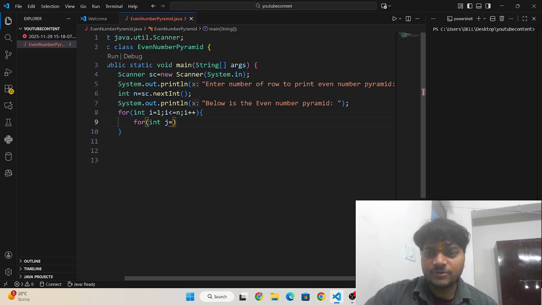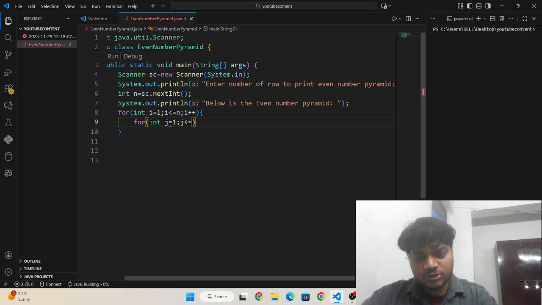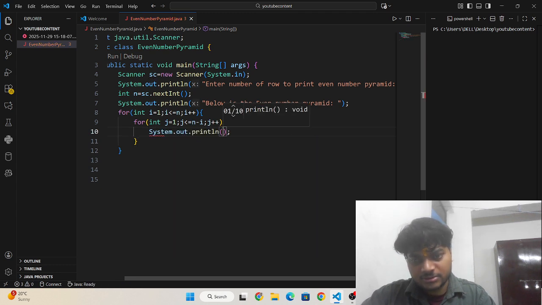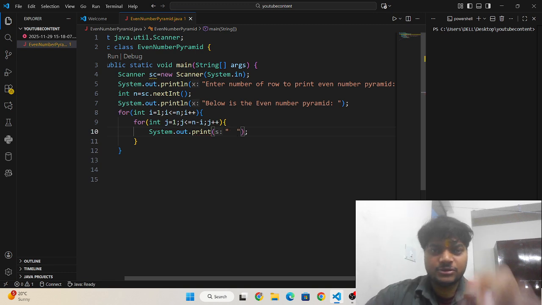The condition is j <= n - i, which is how many spaces there will be in each row, and j++. Then I write a print statement and give 2 spaces.